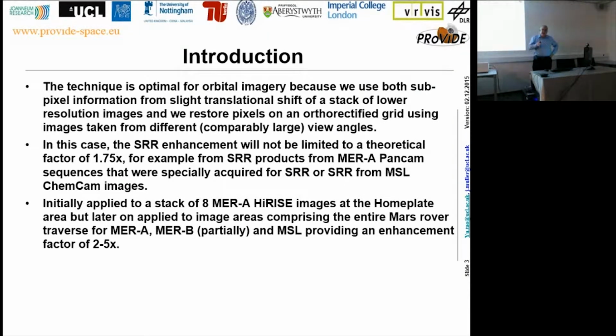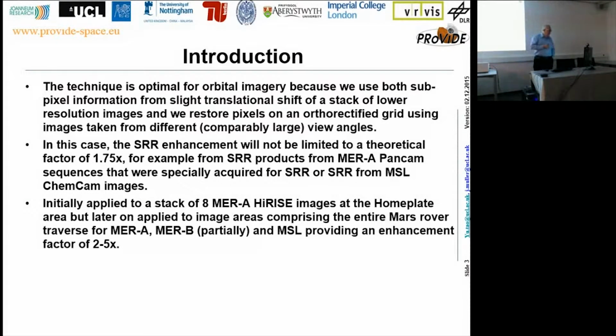In this particular case, the super resolution is not restricted to the theoretical factor which is listed in a rather old paper by my colleague Andrew Zisserman from the Oxford Computing Department, where he demonstrated that you could only have a maximum resolution enhancement on the order of 1.75 if you only have single pixel jitter in the actual